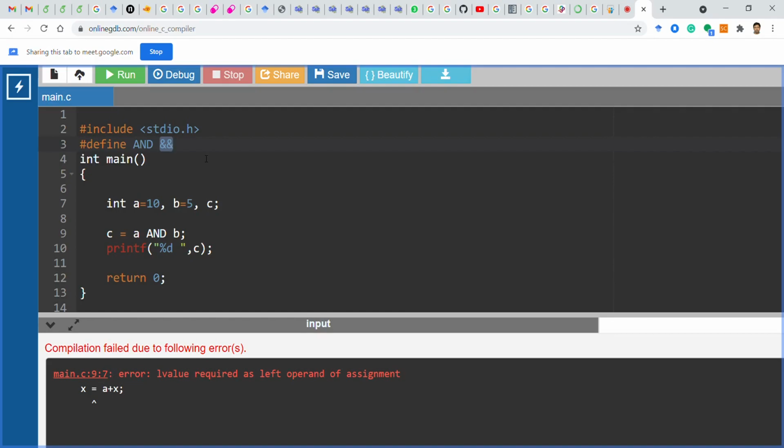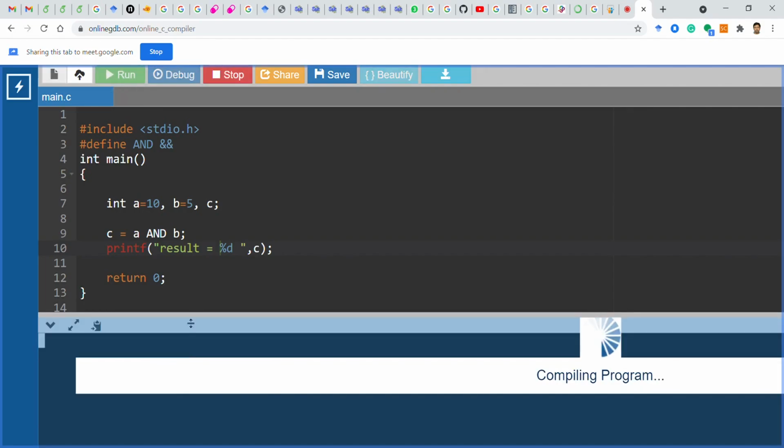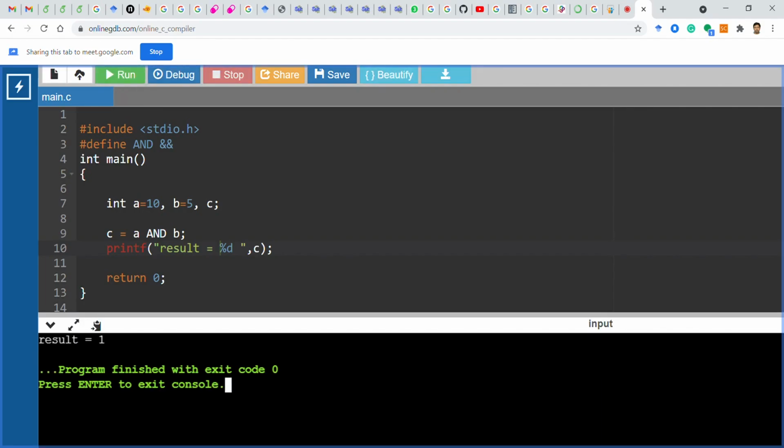And if one of them is 0, then I will get 0. So on both sides of this capital AND, I have non-zero values. A is 10, B is 5. So both are non-zero. Since both are non-zero, if you run the program, and if I write the result equal to, maybe it will be much more realistic. So you see, you will get result equal to 1 because both are non-zero.